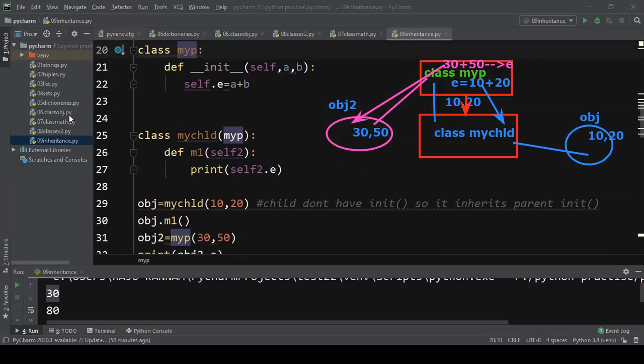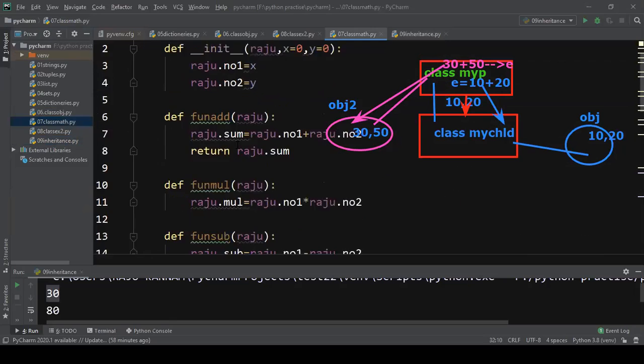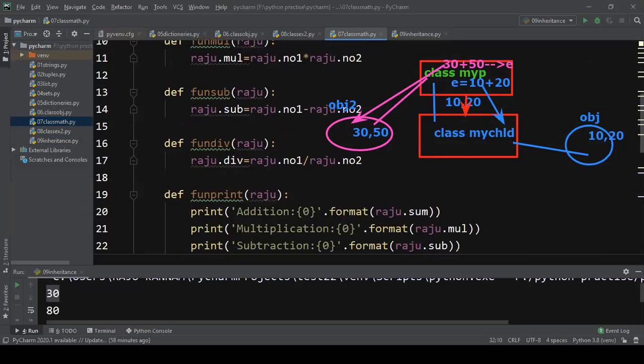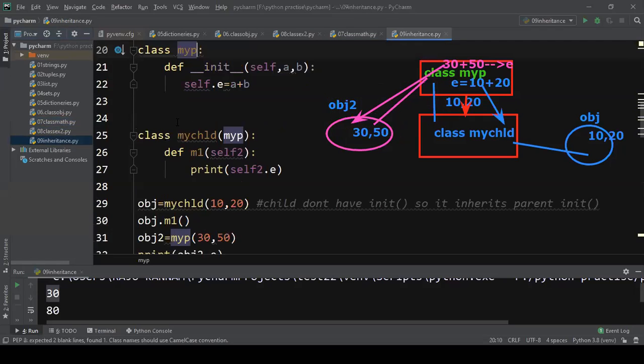Already we did that here, class math. In this class we did addition, subtraction, multiplication, division. So this is there. Now you develop one more class, you write one class here.